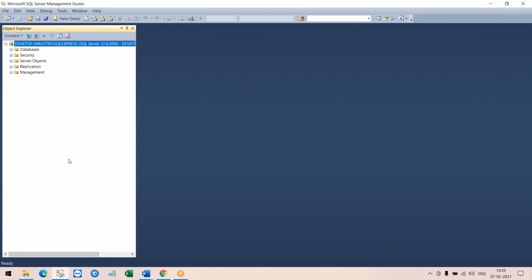So in the left hand side, you see your object explorer. And when you expand your databases, you would see the databases for which you are given an access. See, in the real time, when you join an organization, you would be seeing more than one different database. So why I'm seeing so many databases? How do I know which database I need to work? As I said, right, so you would get to know about the database names and what is the database where you would be working on from your development team, or your manager would help you with it.